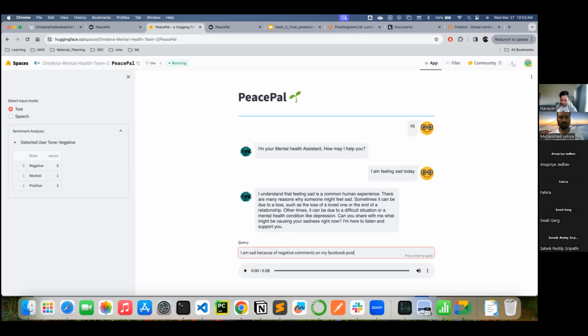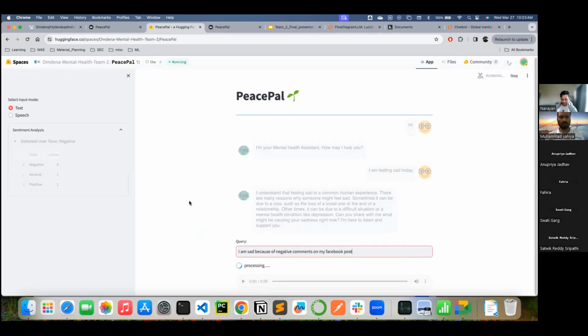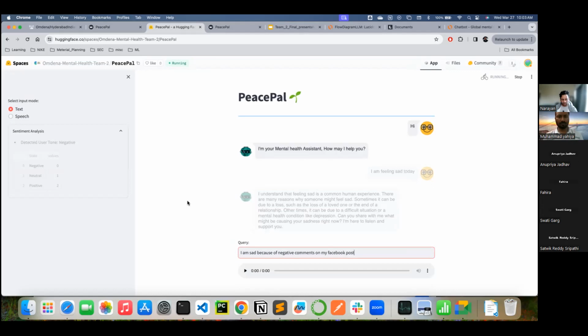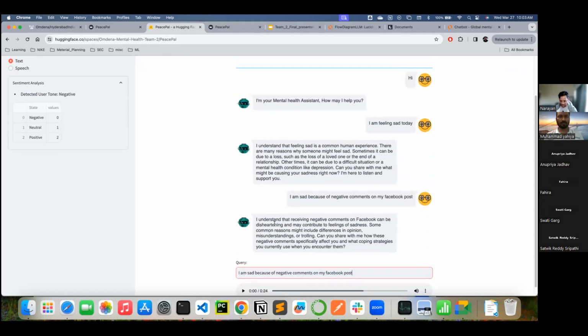This is just a follow-up question on the same thing. The tone is still negative. Understand that receiving negative comments on Facebook can be hard. Can you share how these negative comments specifically affect you, and what coping strategies? It is asking follow-up questions on the same thing, and we can keep going on that.